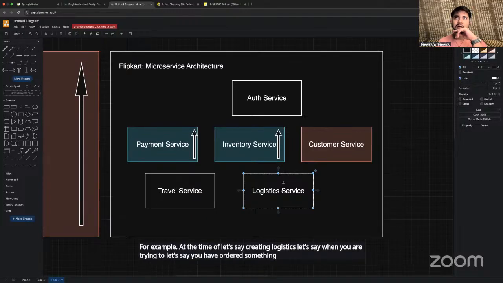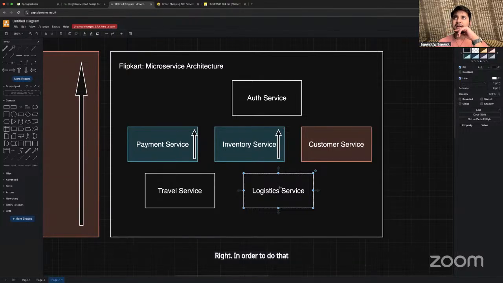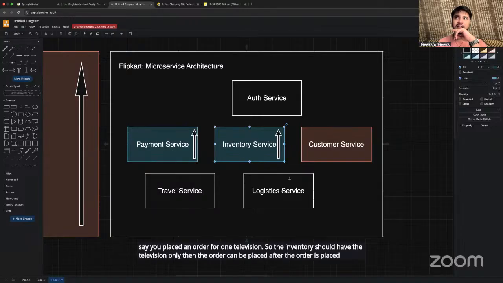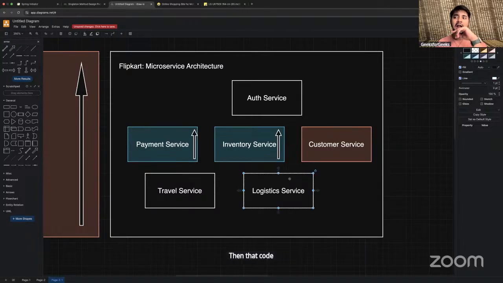After you have ordered something, you want to see whether that item is going to be delivered to you or not. In order to do that, you must be connected with the inventory service. Let's say you placed an order for one television. The inventory should have the television, only then the order can be placed. After the order is placed, that code can go to the logistics service to handle the logistics.